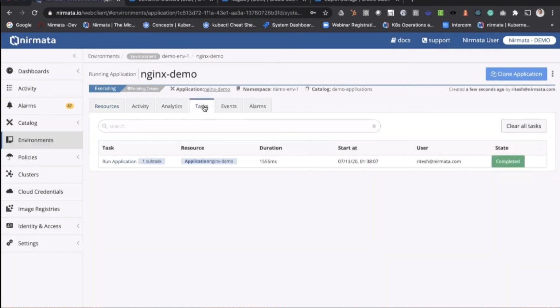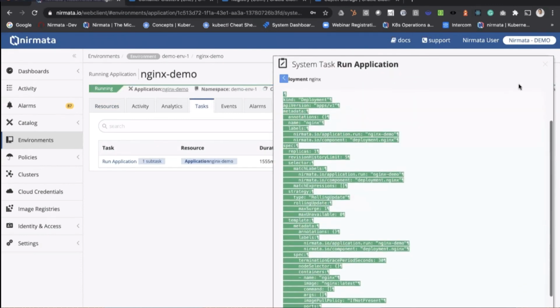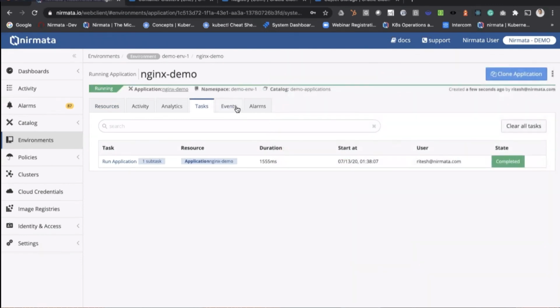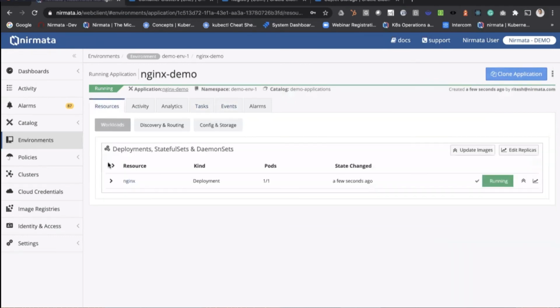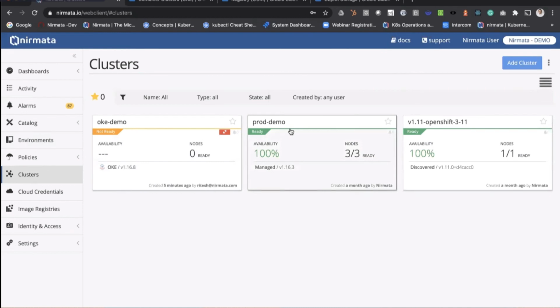So basically what this does is it actually sends down all of the different YAML resources to the cluster. You can see the resources actually in the cluster, and then we listen to the cluster events and update your application state, right? So here you can see the Nginx is already deployed and running in the cluster, and it's running on my